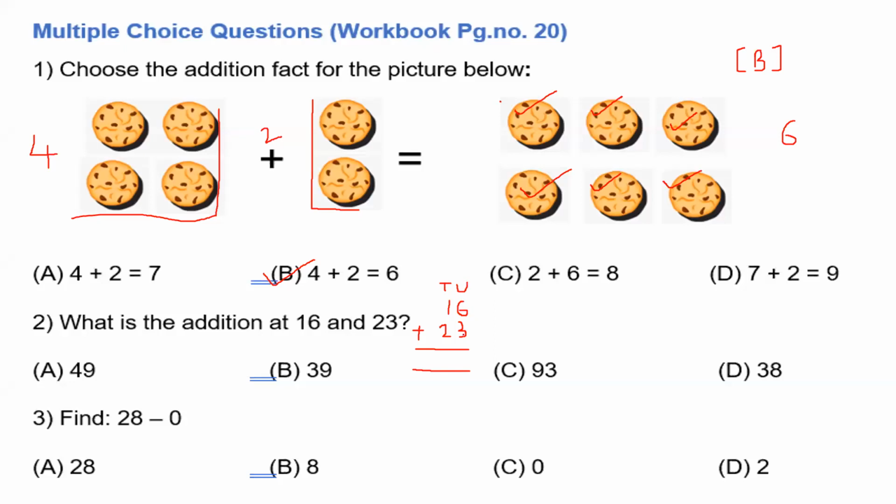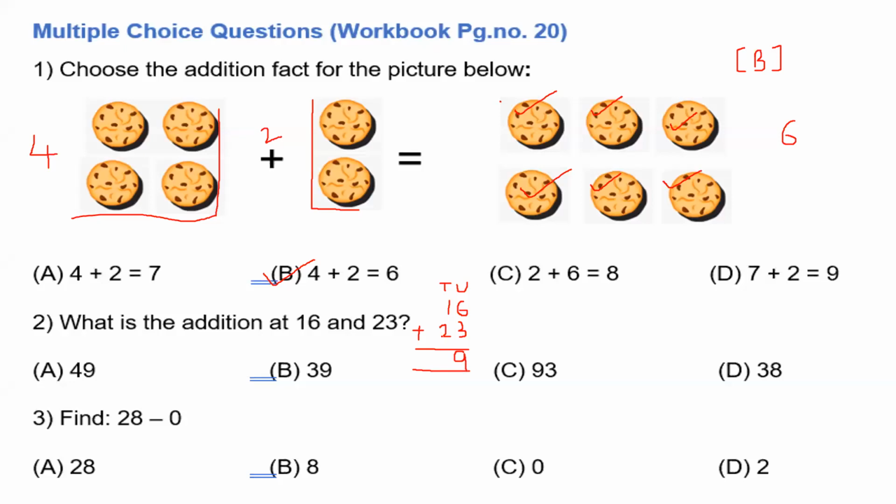So 6 plus 3. Take 3 in your hand. Count after 6, 7, 8, 9. Everybody will count with me. Take out your hand. Yes, both the hands you will use. Take 3 in your hand. Now for now use only your one hand. Take 3. Count after 6, 7, 8, 9. So here we will write 6 plus 3 is equals to 9.